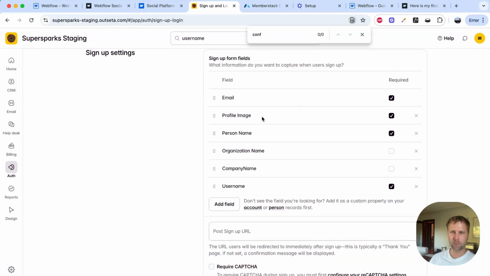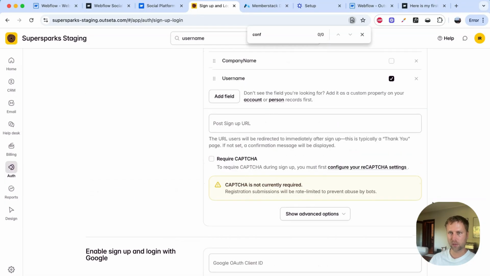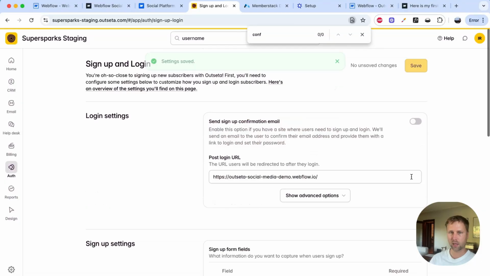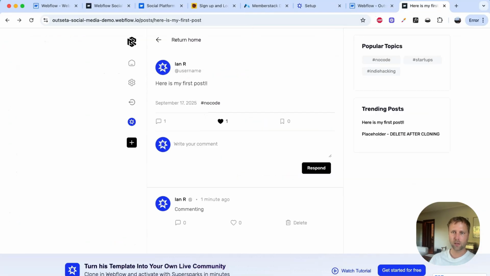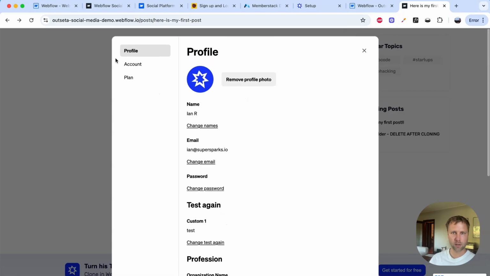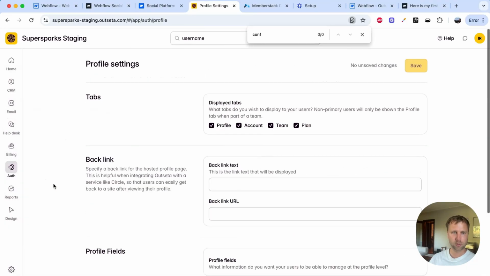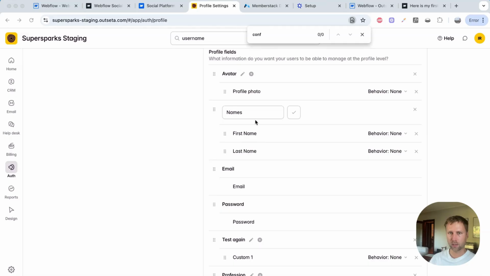And this is already implemented, but I also recommend adding a field for profile image and making it required to the sign up form. And then after adding this username field, we can then click save. And then in order to allow logged in users to be able to update their username on this profile update embed, what we're just going to do is go back to Outseta and then go to the profile area, and then we can add in the